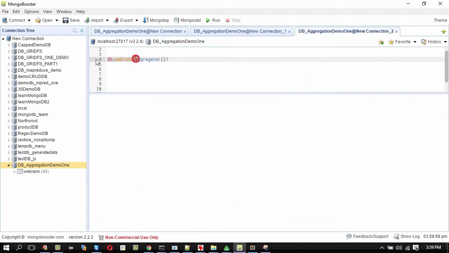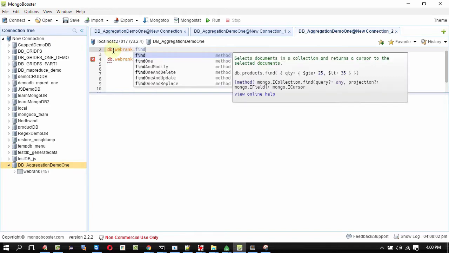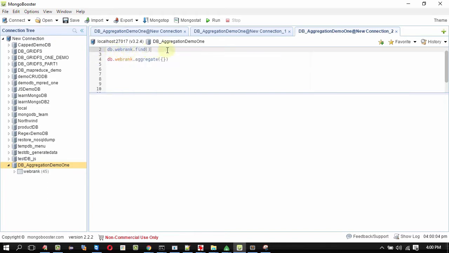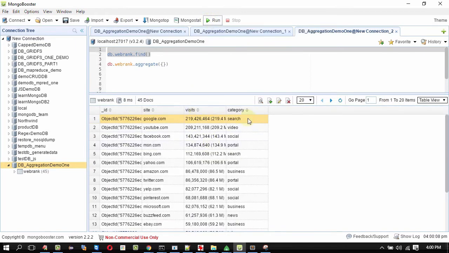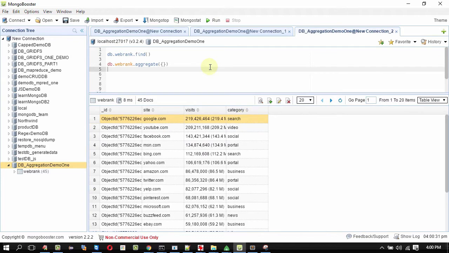In our document, let us do a find to see different document types. Dot find. We got different categories. To start with, let us count the number of websites under each category. That is very easy. We'll be using the sum for that.